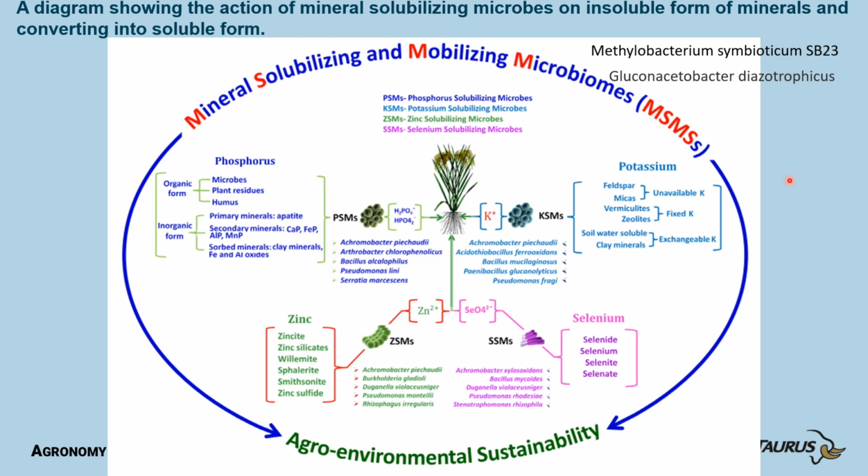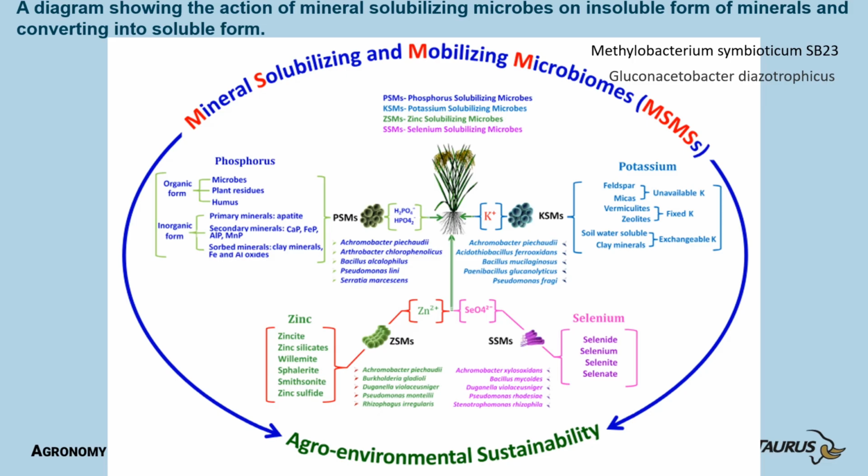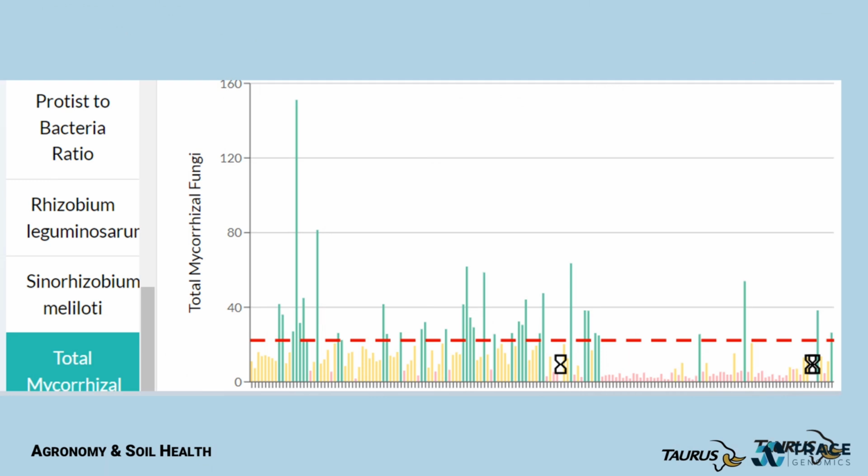The amount of data coming out now on solubilizing microbes is staggering, never mind just the phosphorus solubilizing. We have potassium solubilizing, selenium solubilizing, zinc solubilizing. We now can measure and identify the functions of these organisms, and we will eventually, like we are with some of the phosphorus solubilizing ones, be able to supplement the soil and reseed the soil if it's short of those microbes. And just to show you, here's a readout in terms of a trace genetic analysis for total mycorrhizae,